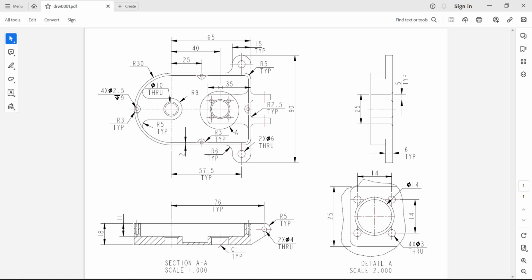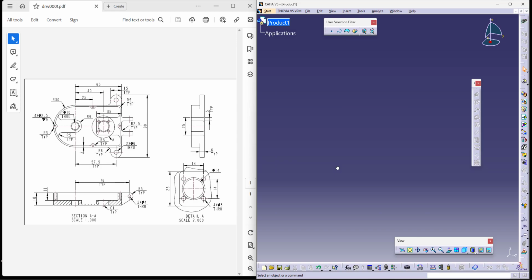There is also a detail view provided for you, which is detail A. This is to show you the feature in a more high scaled manner and also to show you the dimensions in a better way, as you can see. Apart from this, there are rounds. As you can see, there are many holes and there are features added one after the other. So let's try to begin making this model and see how it works by following a feature based